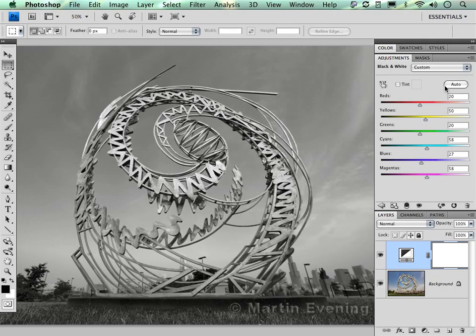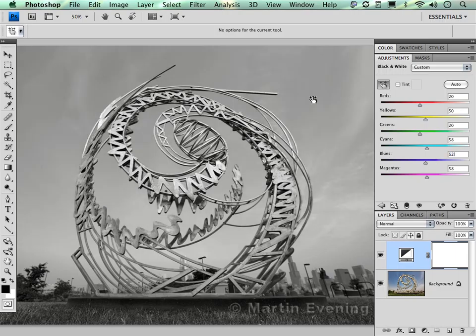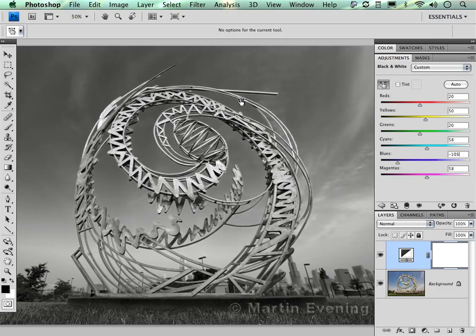There's also another way you can convert, and that is to use the target adjustment tool. This tool was shown in an earlier movie tutorial where I showed you how to work with the curves adjustment in Photoshop CS4, and it works exactly the same here. You just roll the cursor over the image, select a color that you want to adjust tonally to make lighter or darker. You don't need to know that it's a blue sky, you can just simply click, and then